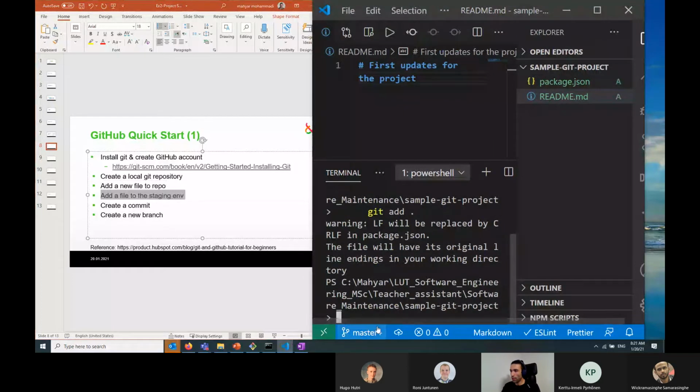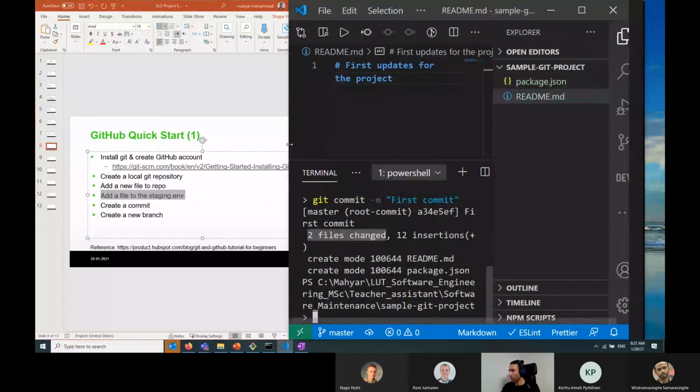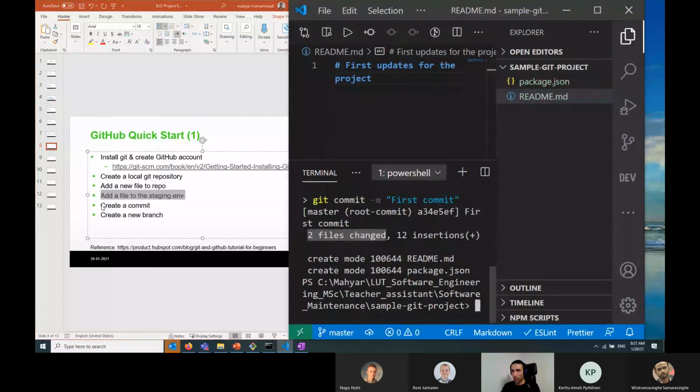So then we need to create a commit, and the commit is, for example, git commit -m, that we put one message, then we can check our commit later. So simply we put it first. So that's it. And if we check here, it shows us 2 files changed. So it added 2 files. So we created a commit,